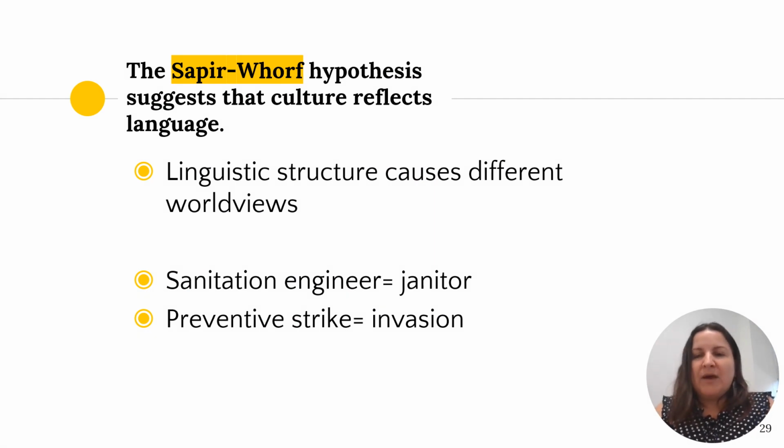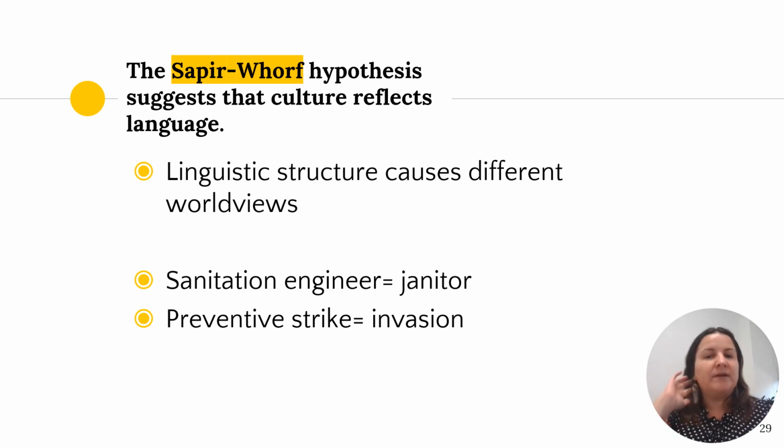Okay, now, there is another relationship between language and culture that goes in the other direction. And we know this thanks to the work of two very famous linguists, Sapir and Whorf. They created this hypothesis that suggests that the relationship goes in the other way. That, sure, language reflects culture, but also culture can reflect language. What does this mean? To them, the linguistic structure that we have in our brains causes us to look at